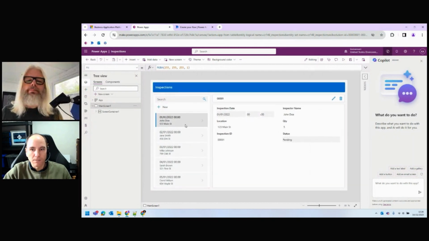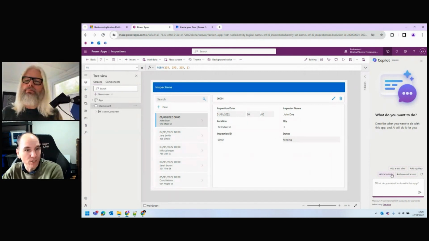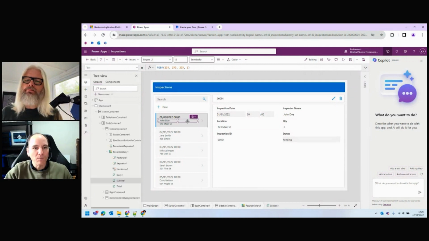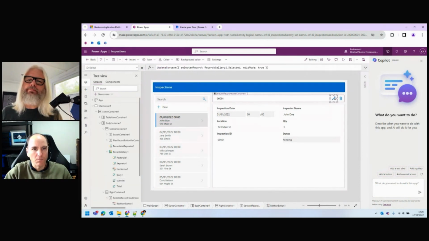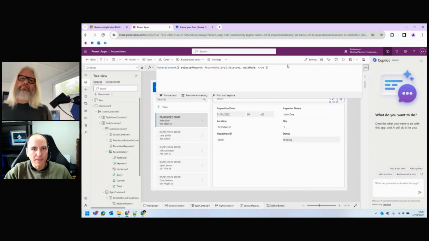even for me, when I went to this, it's up and running. I've got something to play with. I might tweak the UI, I might change things, or use the sidebar to help me make those changes. I can keep taking it further if I want to. But I must admit, when I was new to this and looking at some of the code, let's see, if I go to this edit button and expand this formula bar. This is the FX, a bit like Excel with the formula bar. This is where it is, center top.